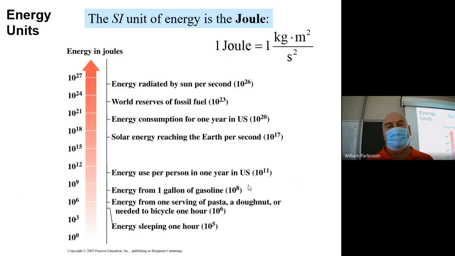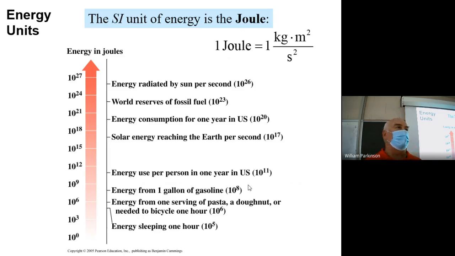Now, it turns out what this is saying is that the joule is a very tiny unit. Okay, it is a very tiny unit. And so typically scientists don't like to use such tiny units because the numbers end up being really big when you use tiny units. So scientists have taken to other units to describe something like this process so that we can use these other units to make it translate into smaller numbers when we're trying to describe how much energy you might be using, for instance, when you're sleeping.